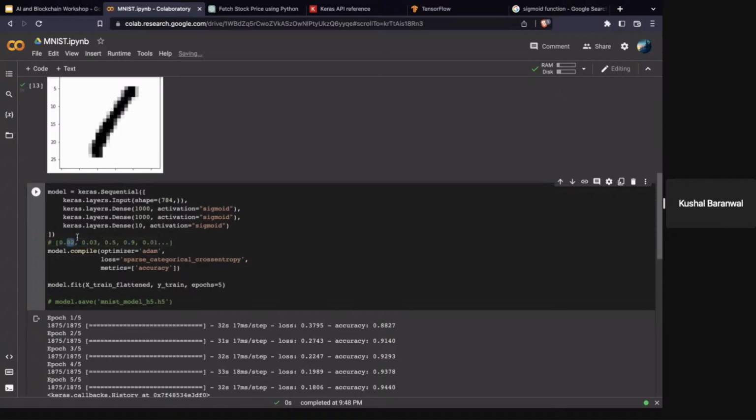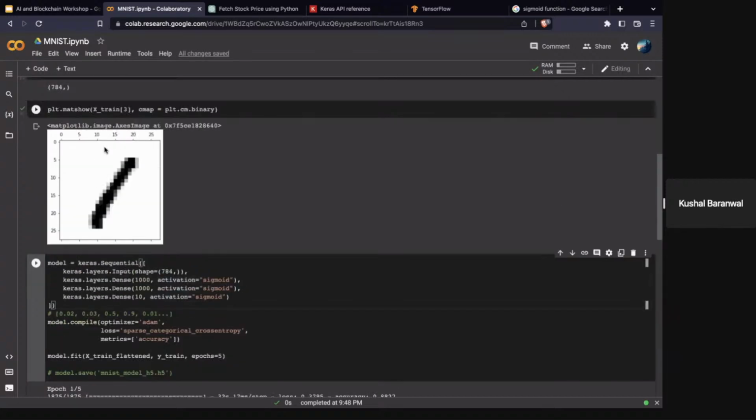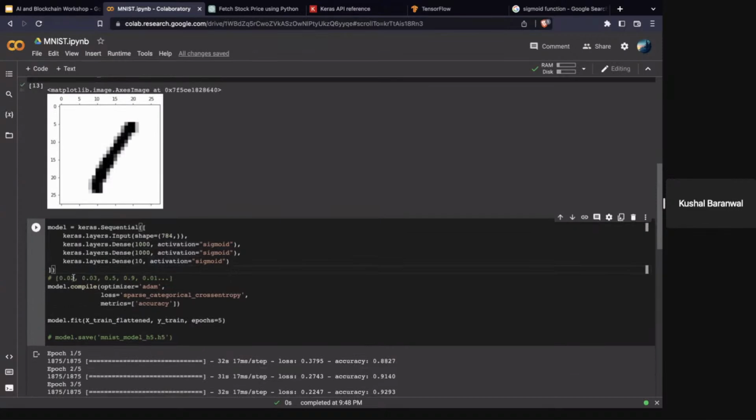The first one corresponds to the chance that the model thinks the image is 0, so if it thinks it's 0, it'll make this like 0.9 or whatever. The next corresponds to the probability it thinks it's 1, then 2, etc. So for this one, it should hopefully have the second value as the highest, because the first value is 0, the second value is 1.